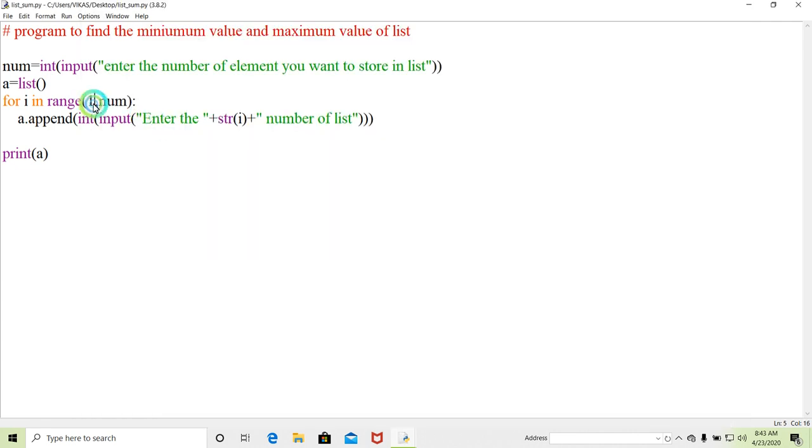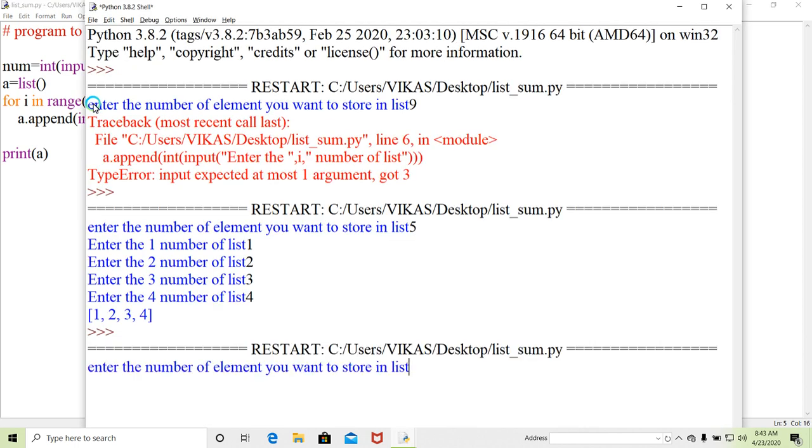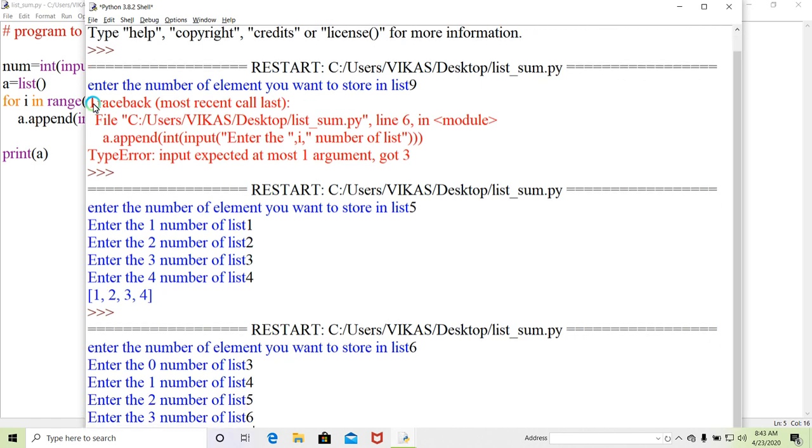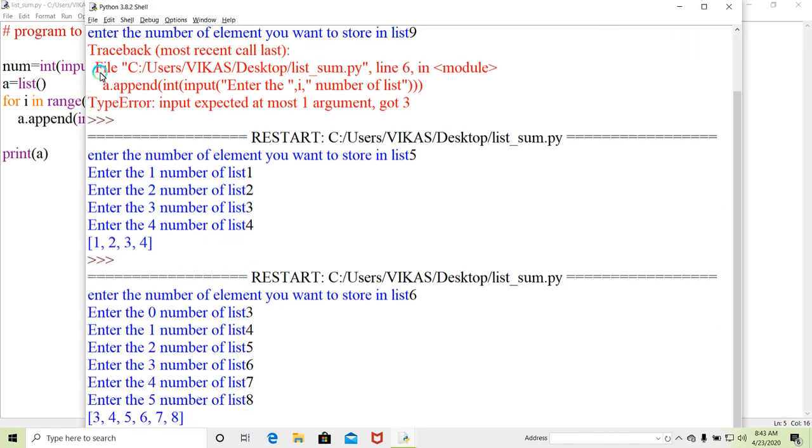Clear? So look here, I gave 6 numbers, so it means 3 4 5 6 7 8, so that number is present here.